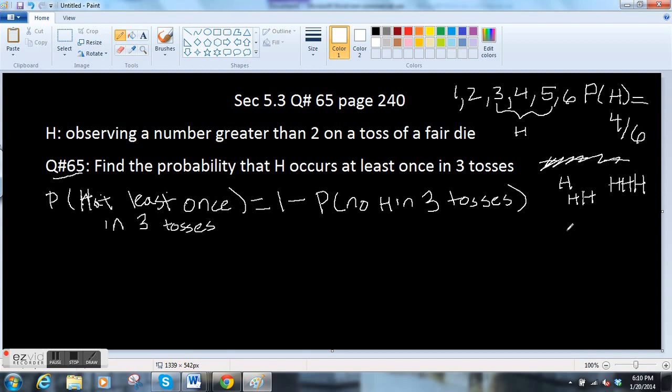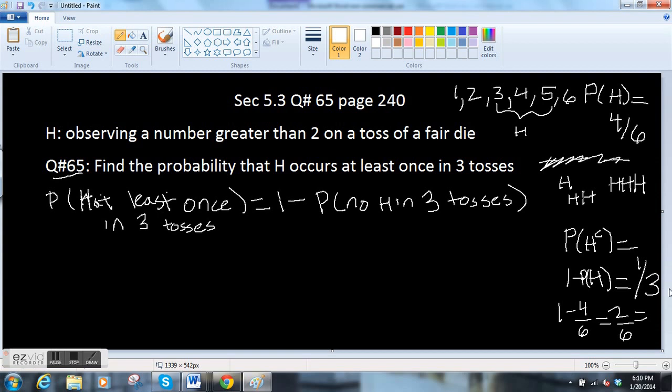So the probability of no H's, so you could think of that as H complement, that little c, that means the complement is equal to 1 minus the probability of H, which is equal to 1 minus 4 out of 6, which is 2 out of 6. Or, wait for it, 1/3. All right, I'm running out of space. So the probability of at least 1 in 3 tosses is 1 minus the probability of no H in 3